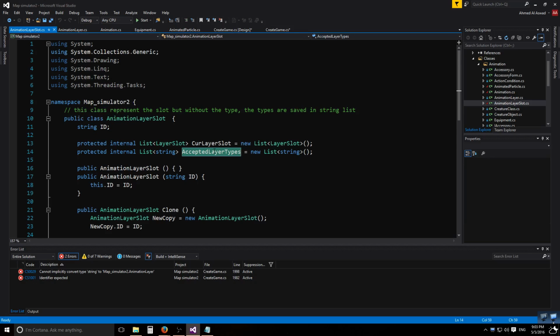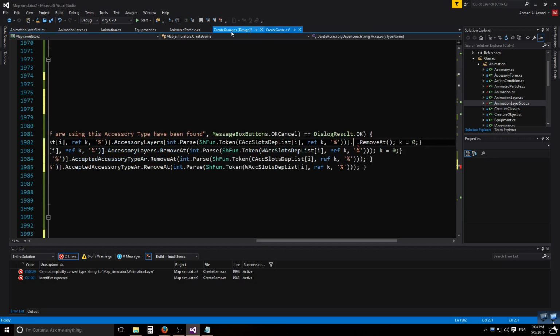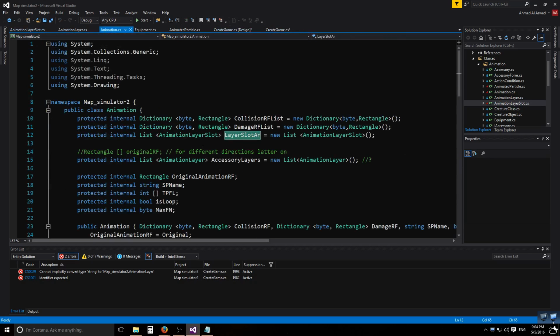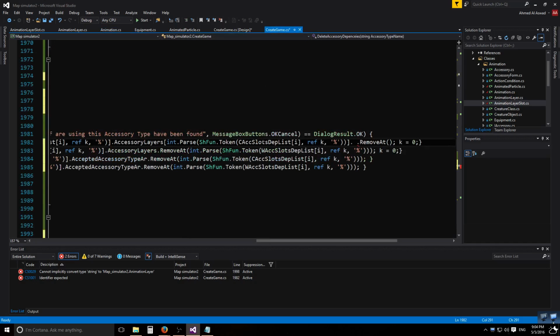Animation layer slots, sorry. Accepted layer types. So let's take the name in here. No, not this one. This one. This one has accepted types, and we need to remove